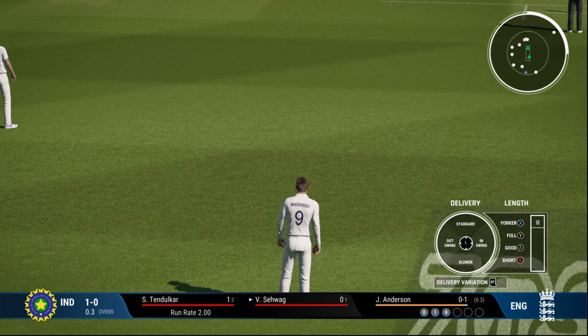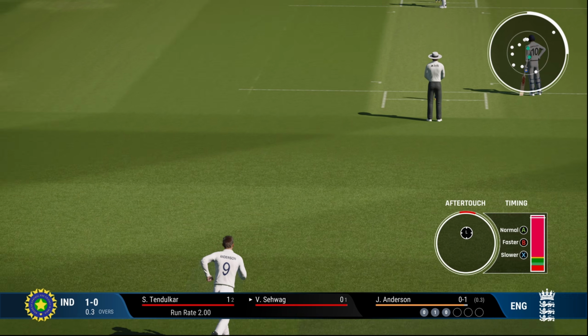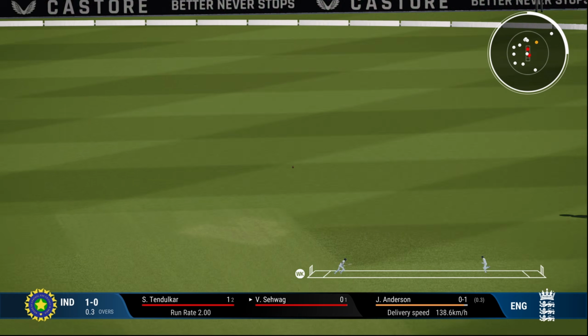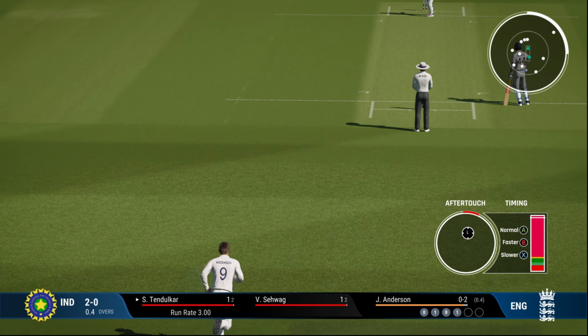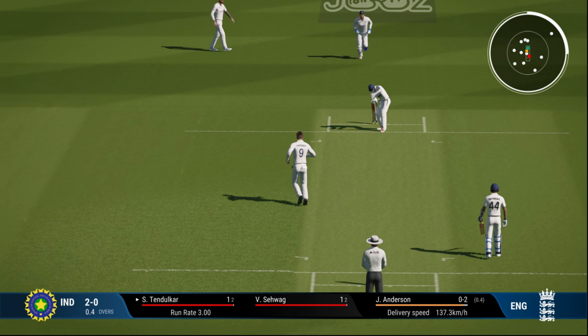Now the ideal way to bowl is with aftertouch around 12 or 1 o'clock. Depends on the sliders you're using. The sliders are really important. Now I'm playing with the slider setting of swing at around 80. So that means you can bowl the aftertouch with around 1 o'clock, which means the ball will make the batsman